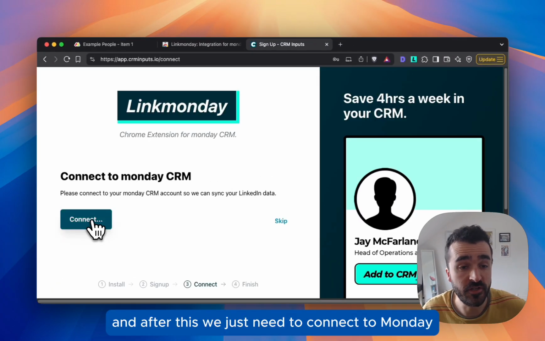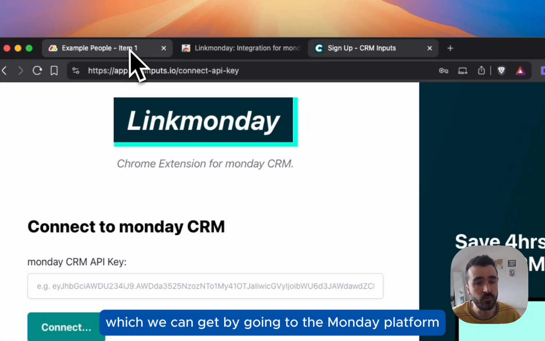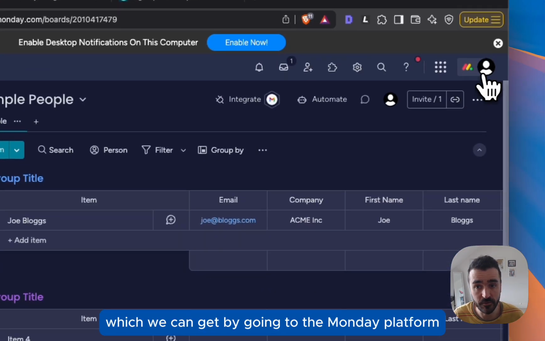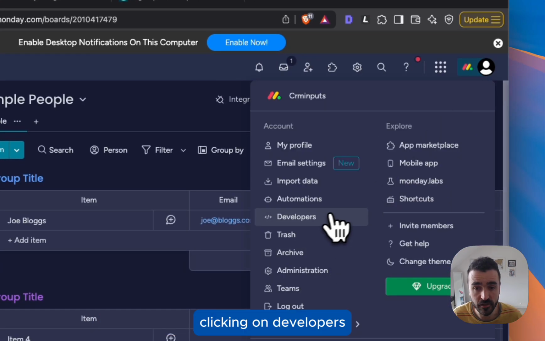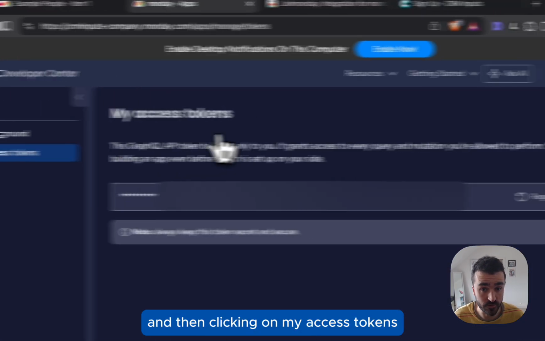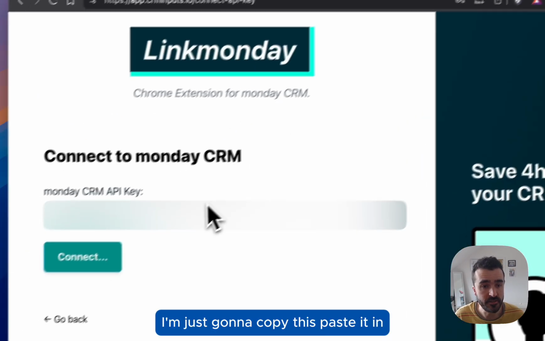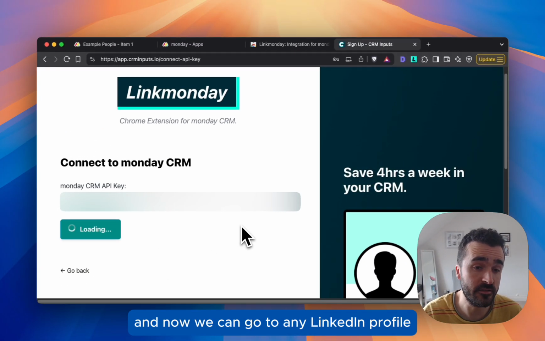And after this, we just need to connect to Monday. And the way that we do that is just using the Monday API key, which we can get by going to the Monday platform, clicking on Developers, and then clicking on My Access Tokens. So this is a test account. I'm just going to copy this, paste it in,